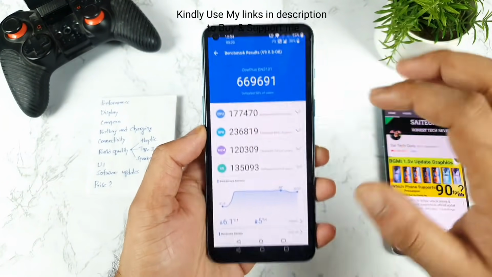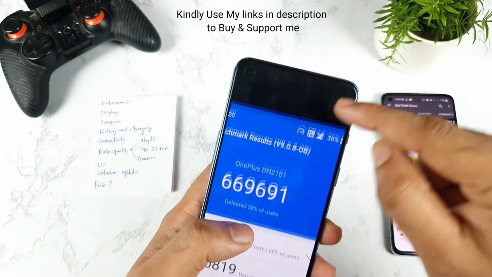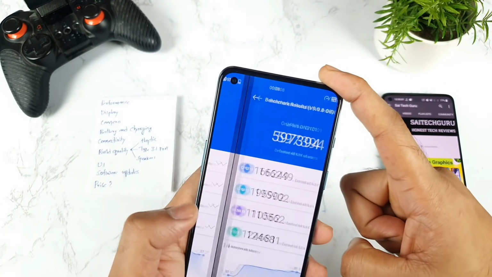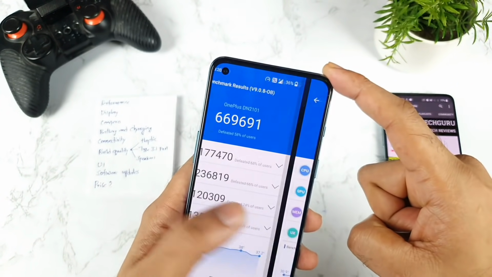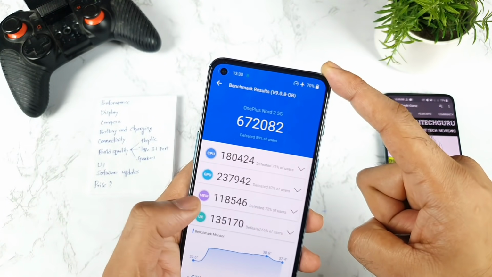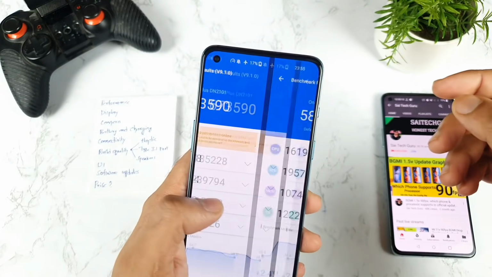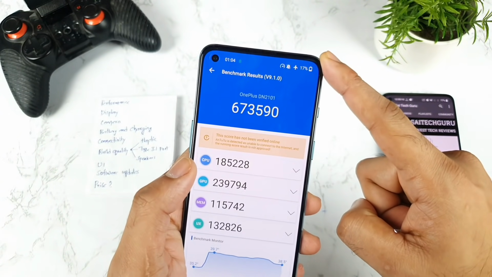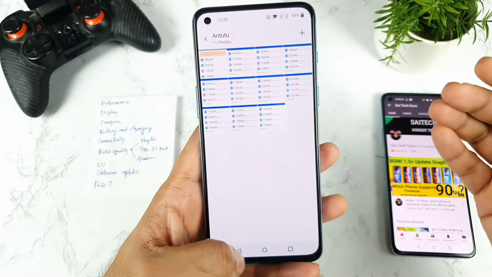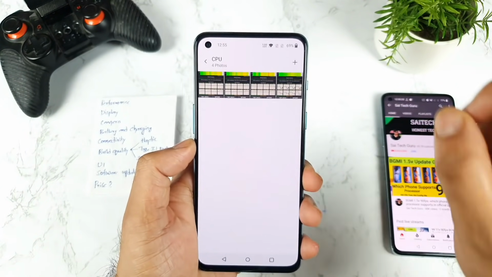You will get solid performance, close to 6,70,000, if you use high performance mode. The Antutu benchmark score can be boosted only in high performance mode. Without high performance mode, this is the situation. With high performance mode, as you can see, the score changes. These results are clear proof of how much difference it can make with and without high performance mode. So remember, if you have the OnePlus Nord 2 and are experiencing slowness, definitely try high performance mode, but that will slightly increase the temperatures as well.